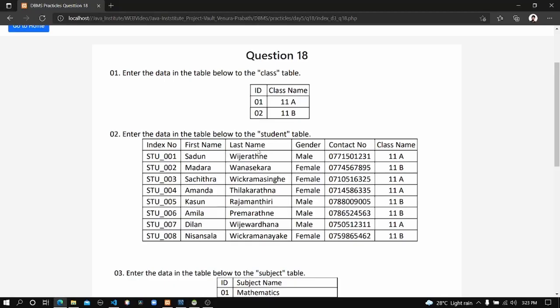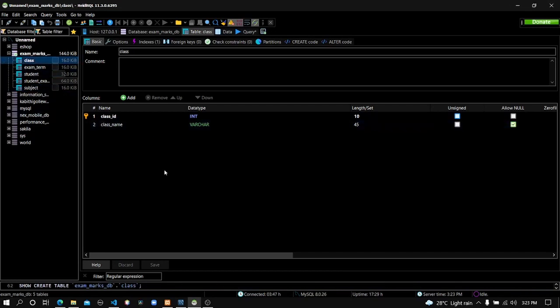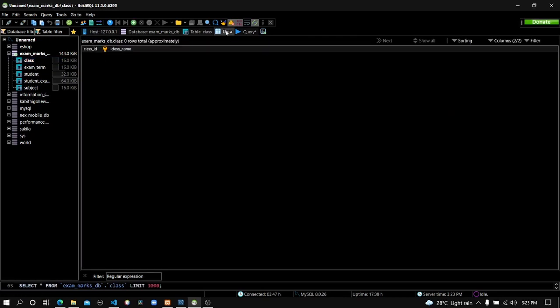And let me go to the question. Here's the first one: enter the data to the class table. You can see there are two records we have to insert to the class table. First one is grade ID 1 and the grade name 11A, and second the ID 2 and the grade 11B. Okay, let's go to our class table. You can see here's the class table, and here are the attributes inside that table. I'm going to add data. I'm going to use the graphical method, not the query method,